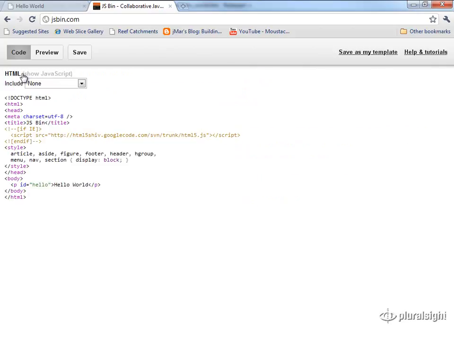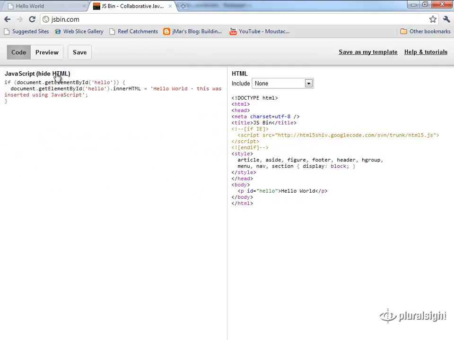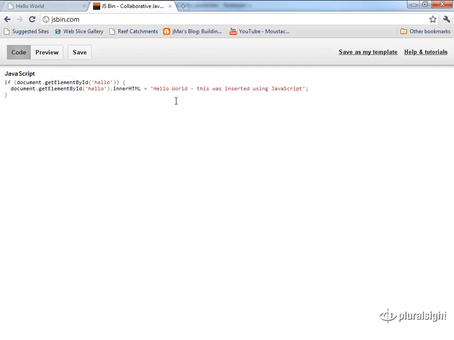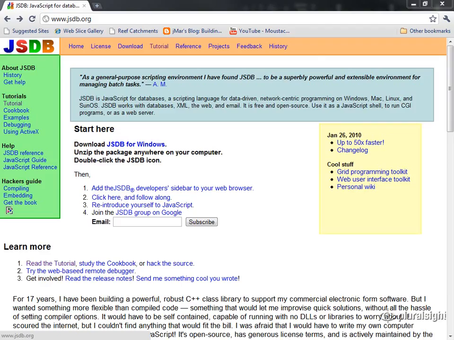For each of these tabs you can hide the other one, and quite often I'll work with this view showing just the JavaScript because I'm not going to be working a lot with documents. I just want somewhere that I can write JavaScript code and execute it. JSBin will be my weapon of choice for this course, but I want to make sure you're aware of at least one alternative. Interpreted languages usually come with a REPL. REPL stands for Read, Eval, Print Loop. A REPL is like a programming language shell where you can type statements and immediately see the results. They're a great way to experiment with a new language.